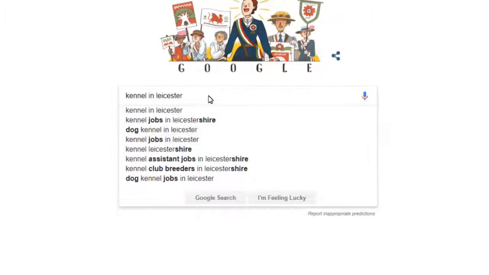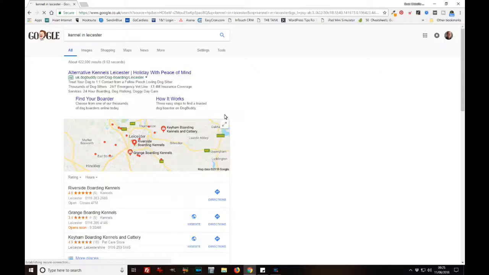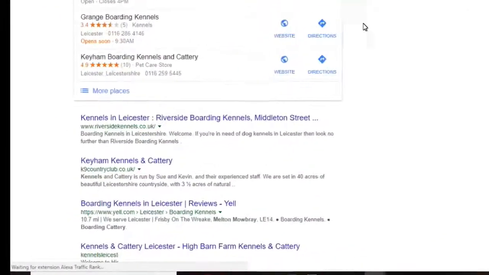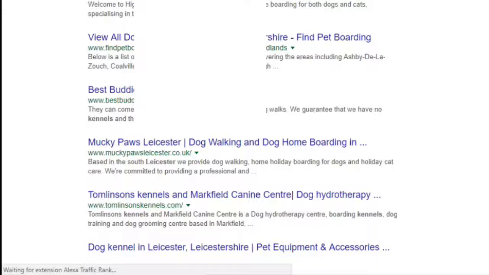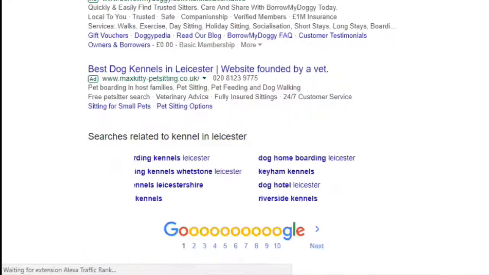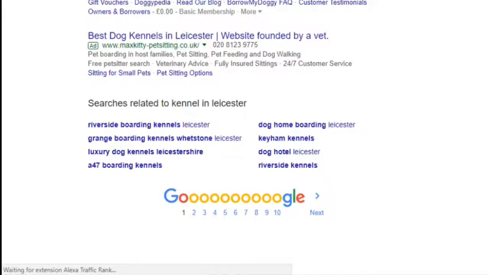So if we click on enter, just to enter that search into the search engine, okay, there's a whole bunch of different listings in here, but I want to scroll all the way to the bottom of the page just to show you a little bit more help, because Google again gives you searches related to kennel in Leicester,